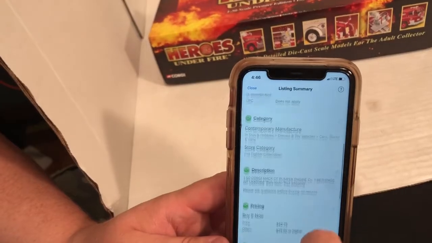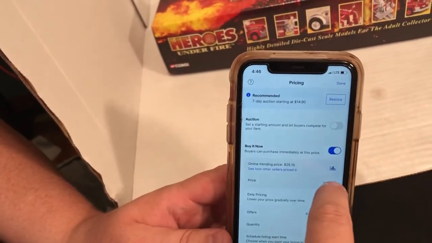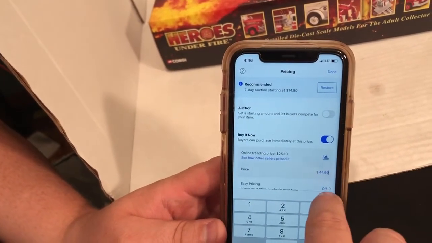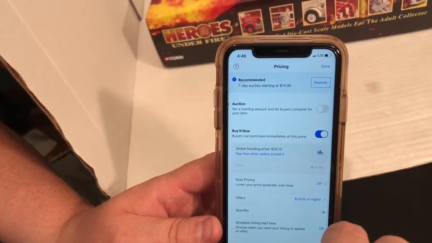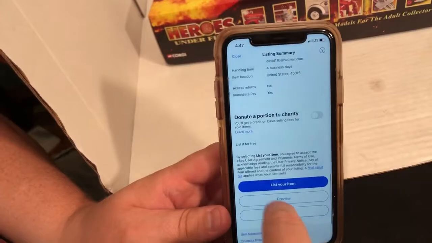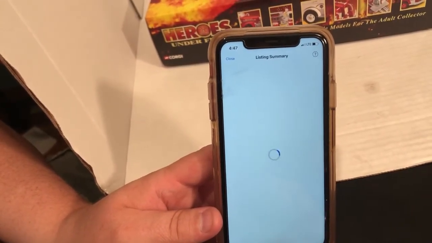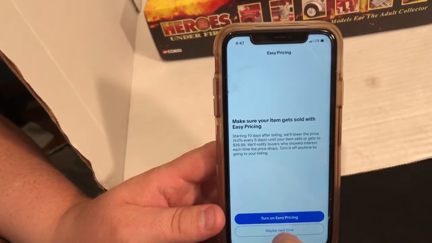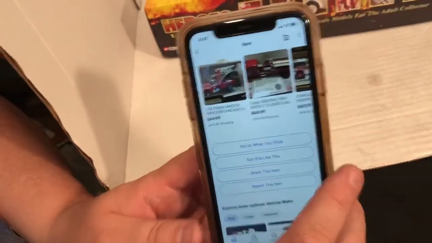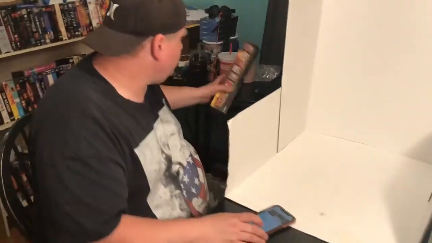You know what? Let's go $42.75. Let's go ahead and change that to, I like that picture, $44.99. I'm gonna walk on the wild side a little bit. Done. List. Maybe next time. Never will though. Done. All right. So my final thing to do once I list these auctions